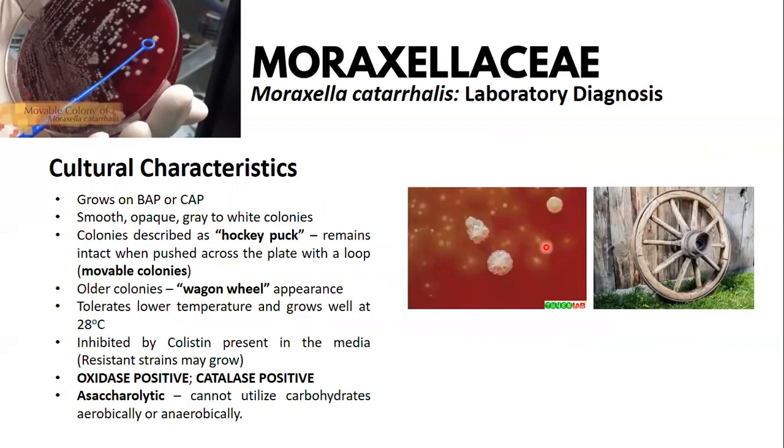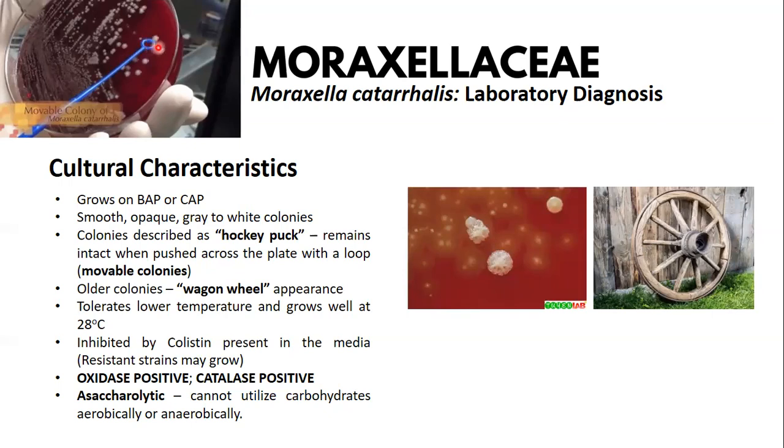On culture, when grown on blood agar plate or chocolate agar plate, the bacterium shows smooth, opaque gray to white colonies, as you can see here. And the colonies are described as hockey puck. Why is it described as hockey puck? Because when the colonies are pushed across the plate with a loop, the colonies are movable, but even if it's